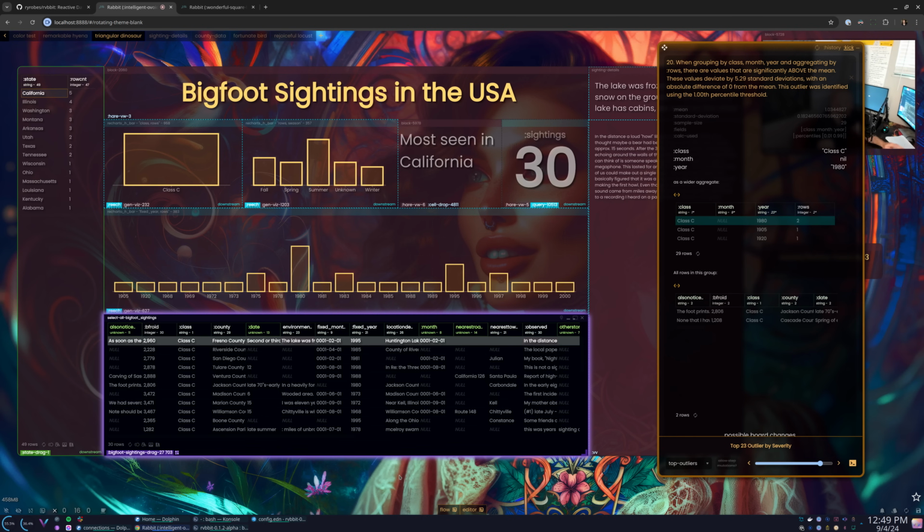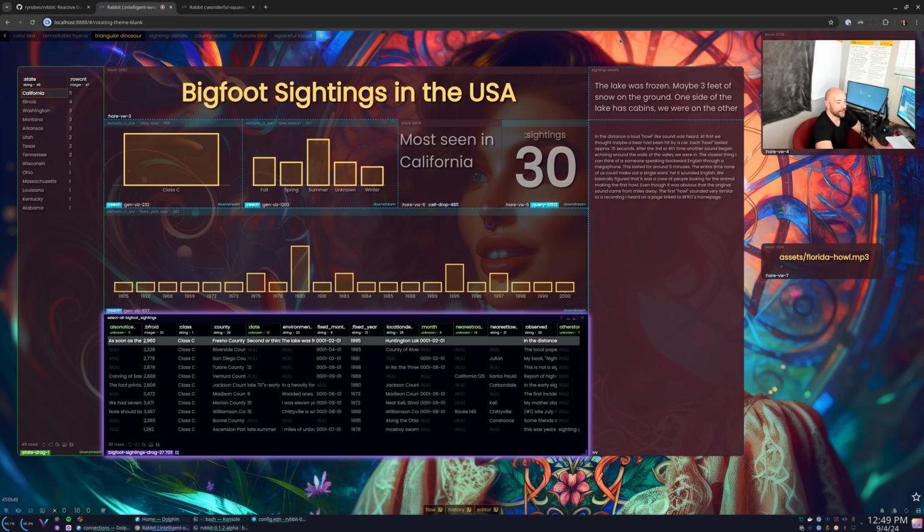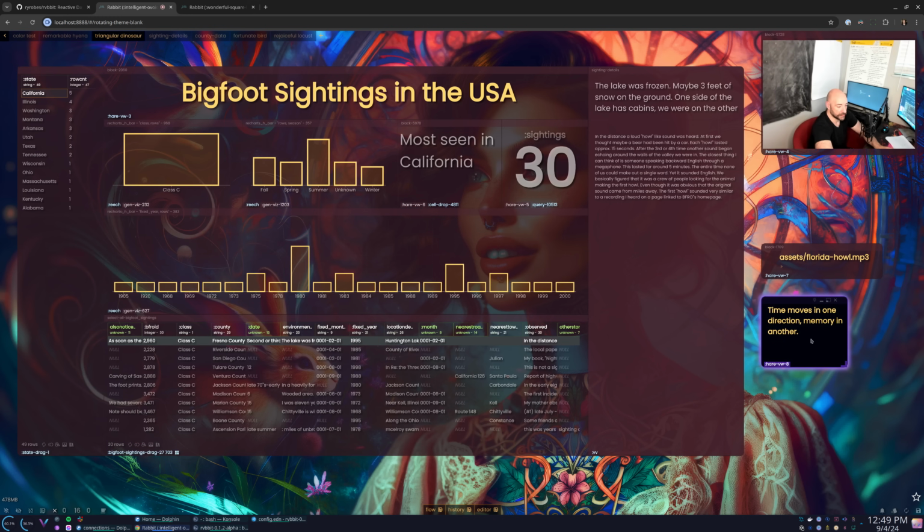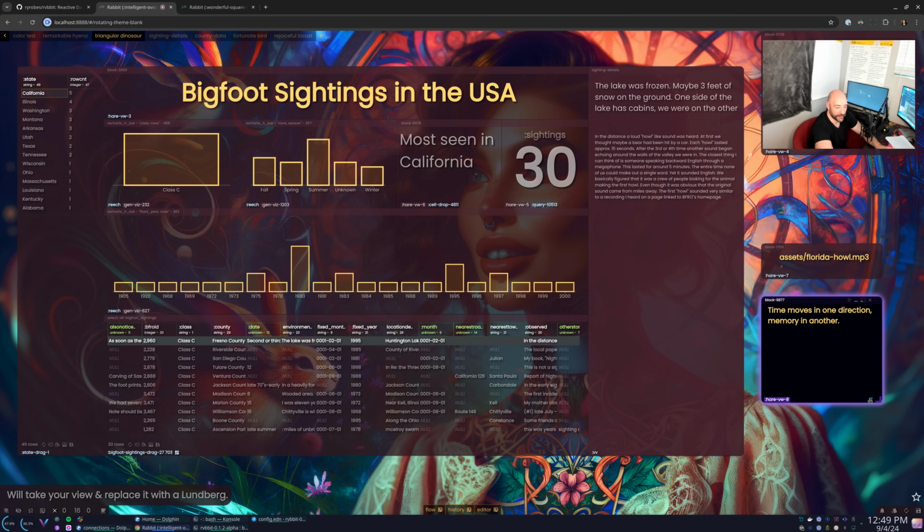Like I have example kits that turn things into Lundbergs, right? I don't know if that's going to show up here, but oh yeah, here's one. So it will show up after a second. So see this little coffee cup, and it says we'll take your view and replace it with a Lundberg. It literally just takes your view and changes it to a picture of the guy from Office Space, right? So if I run this kit,